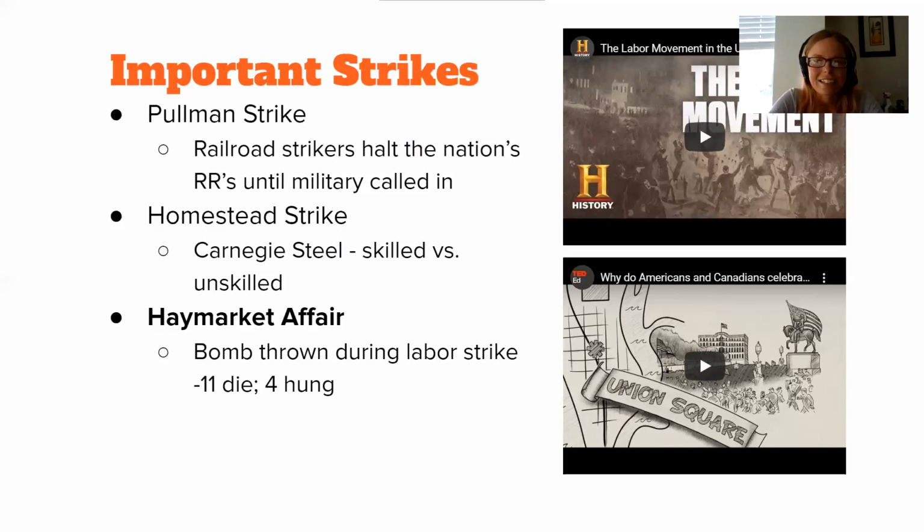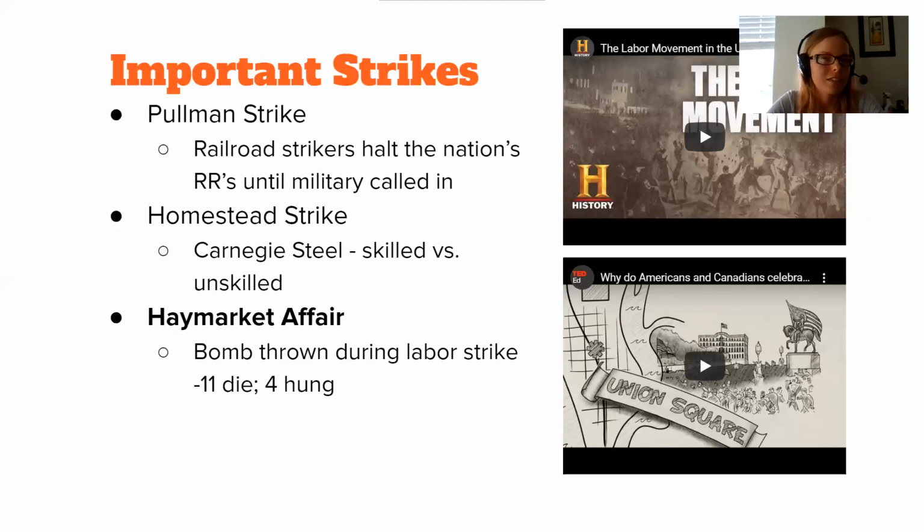In 1886, you have the most infamous of the labor violence, and that was in Chicago, Illinois, at the Haymarket Square. Now, the actual events came about from the previous day at the McCormick reaper factory. It's where they make these reapers that cut down the stalks when you're harvesting crops and stuff. There had been a clash between workers striking and the police, and the police had killed several of the workers that had been striking at the McCormick plant.